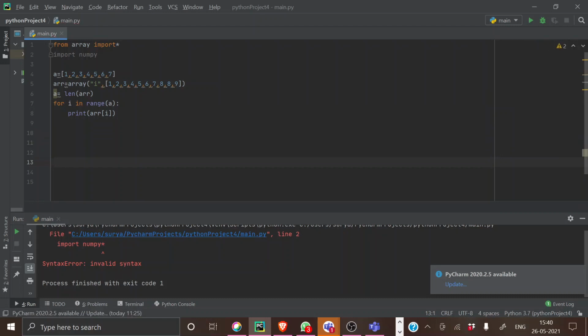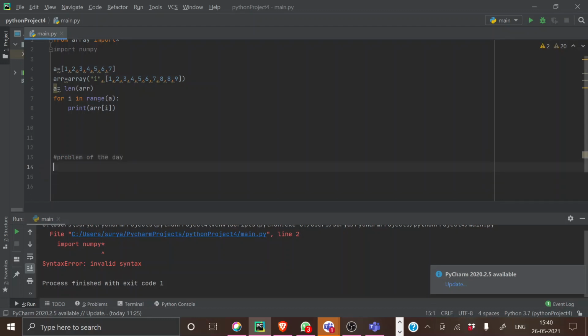So the problem of the day will be, I will just say the statement. If you have any doubt in that statement, you just ask me now. So what I'm going to do is, we are going to give a list of numbers, like a list or array. I'm going to give a list of numbers. It will be random: 1, 2, 8, 45, 78, 90, 34, 56.